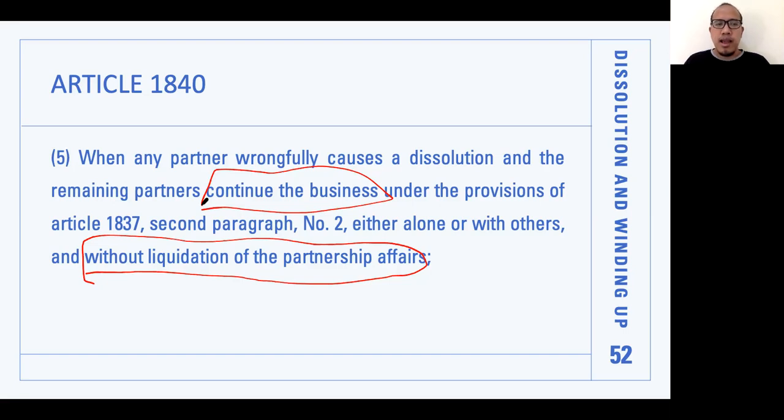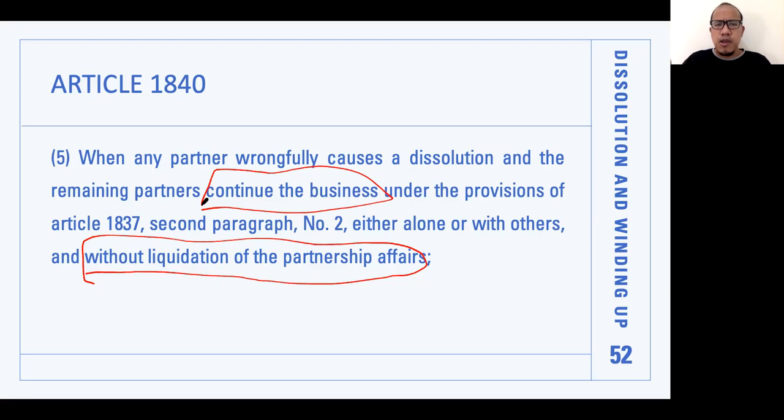Dalawang element ang palagi ninyong hahanapin para malaman kung ang mga lumang creditors ba ay creditors din ng panibagong business. Ano yon? Una, nagkaroon ng dissolution. Pero after nung nagkaroon ng dissolution, una, tinuloy yung business. Pangalawa, hindi nag-liquidate ng partnership affairs. So kapag nagkaroon ng dissolution, tinuloy yung business at hindi nag-liquidate ng partnership affairs, ang conclusion mo dyan is